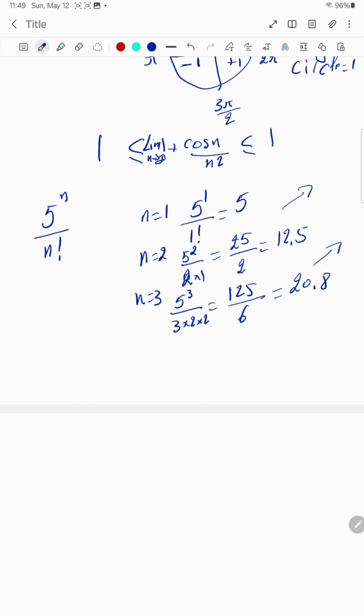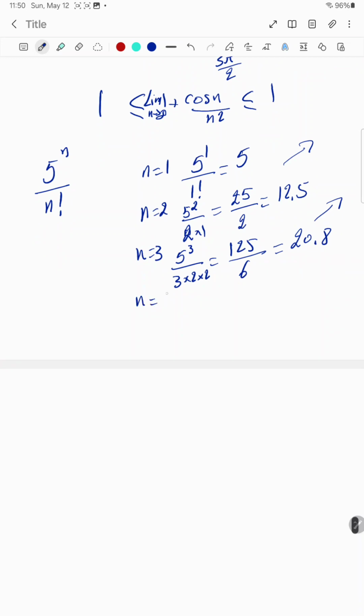And it's still increasing. For n equal to 4, I will have 5 to the power of 4 divided by 4 times 3 times 2 times 1. And 5 to the power of 4 is 625. And this is 3 times 2 is 6, 6 times 4 is 24. And if you do that on the calculator, you will have 26.0416